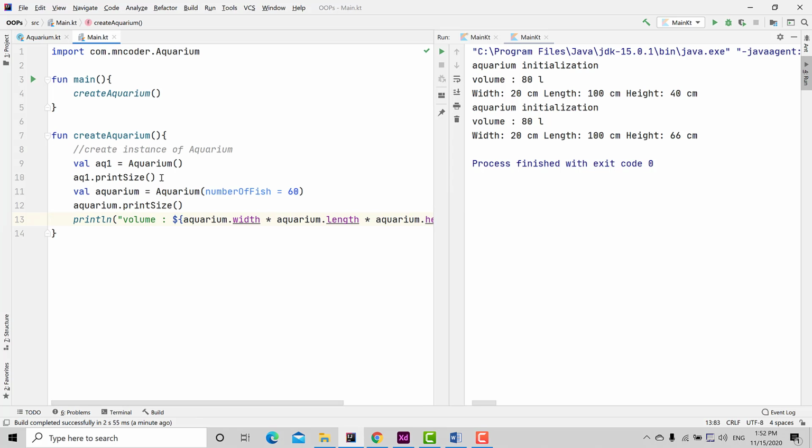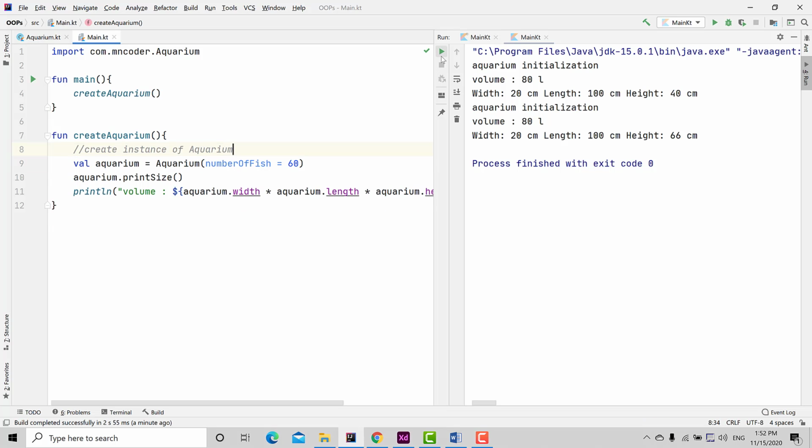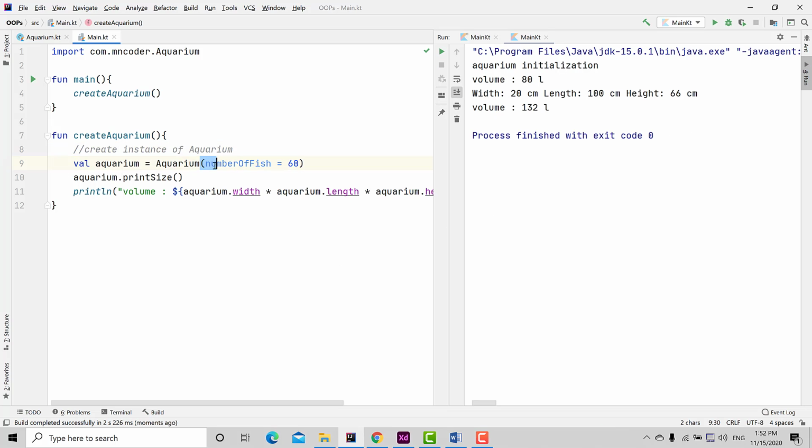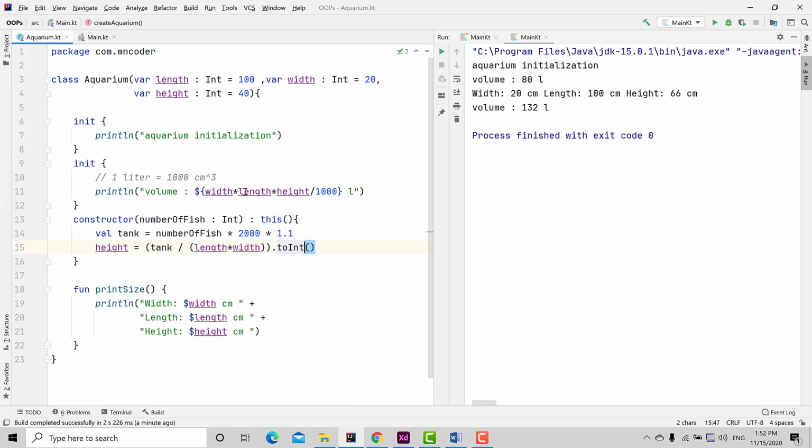Now I don't need this default one. I want to remove this one. If I run the program, now according to the number of fish our volume will change, because in aquarium initialization the default value was 80, but now we change after the secondary constructor, the number of fish is width dot height. We change the height of that. Here we change the height to 66. It changed to 66, and now the volume will print 2 times, one here, and after we create